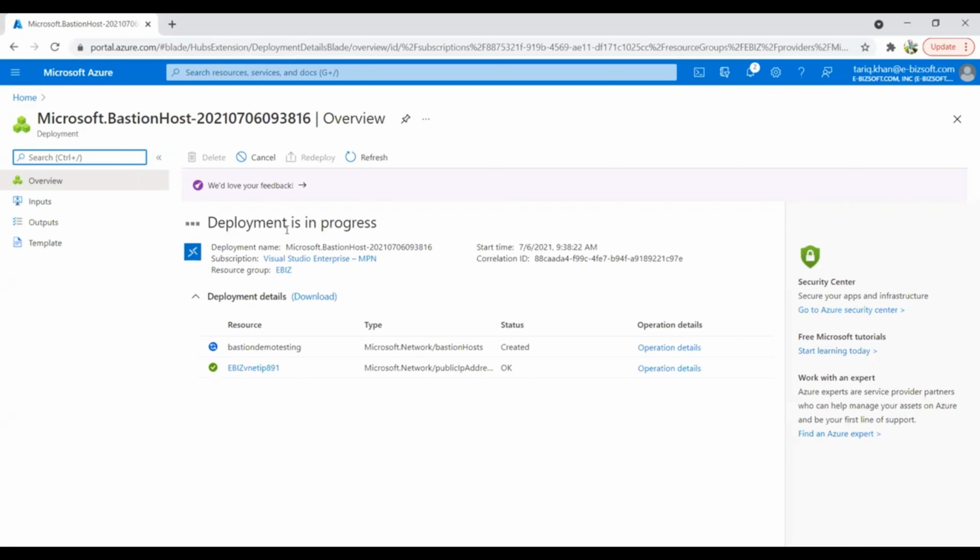So within a few clicks, you can easily create Azure Bastion, and your virtual infrastructure will be completely secure when you are making any kind of remote desktop connectivity. So I'm going to pause the video, and as this process completes, then we will move with the further demo session regarding Azure Bastion.